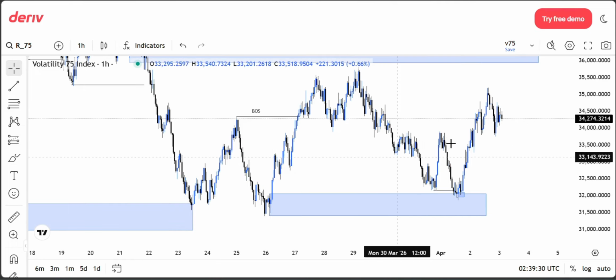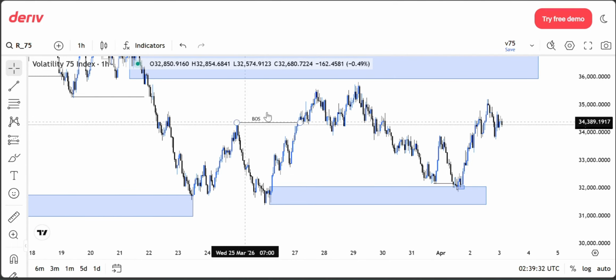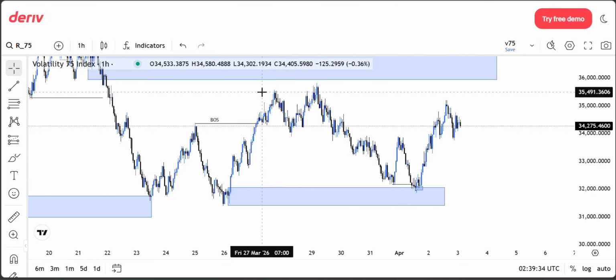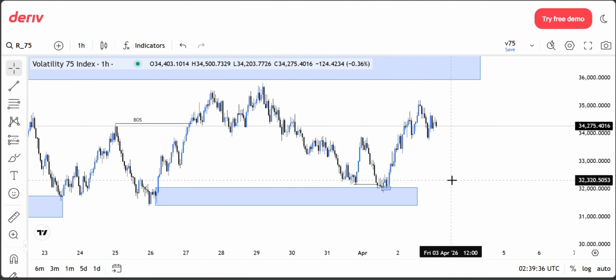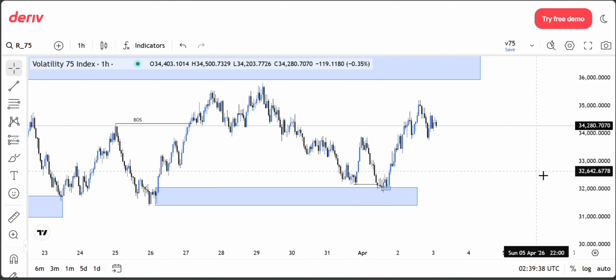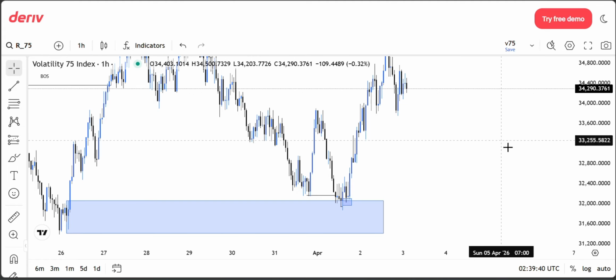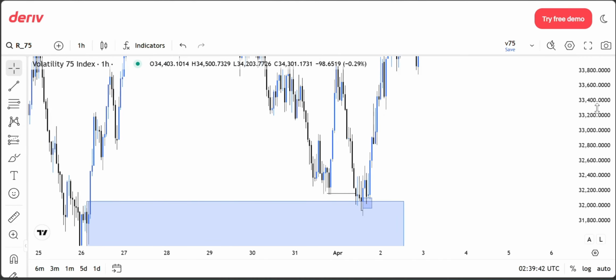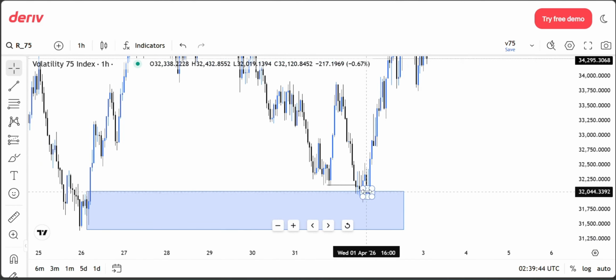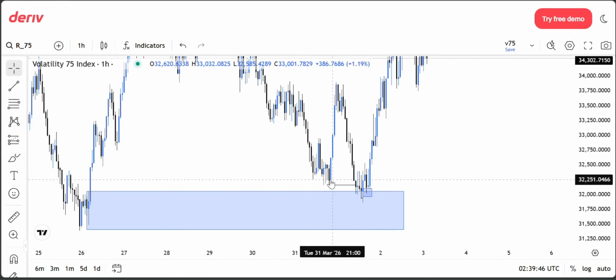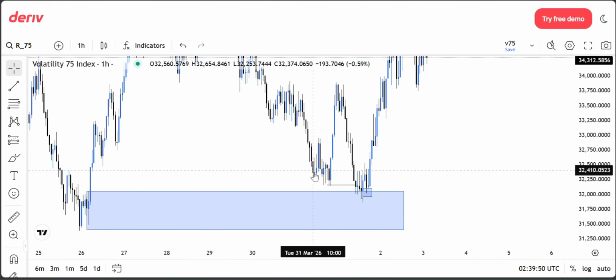So what's the next thing we do? Having seen our break of structure and then our fair value gap, we waited for price to tap into that hour zone. So price has tapped into our zone. So what did we do next? Now we saw something significant happening here. Before price tapped into our zone, we saw that it created a low here, okay. It created a low here. So now this low,